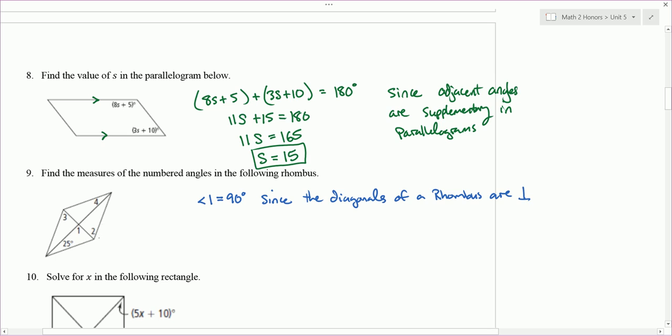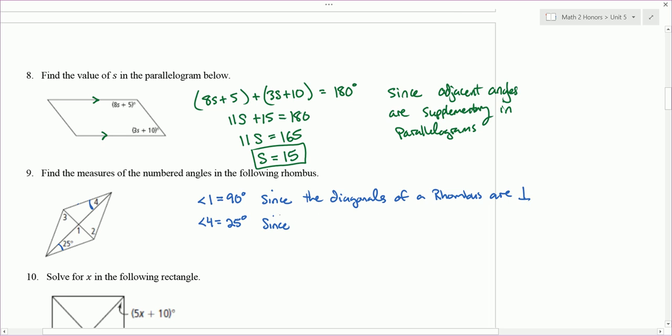We know that angle 4 is congruent to angle 25 because the rhombus is a parallelogram, and those are alternate interior angles. So angle 4 is 25 degrees